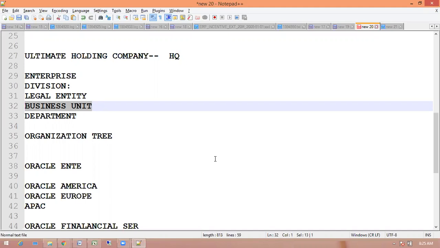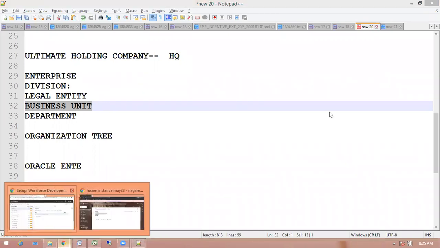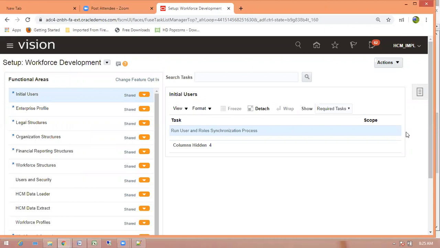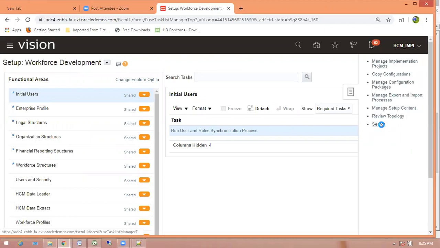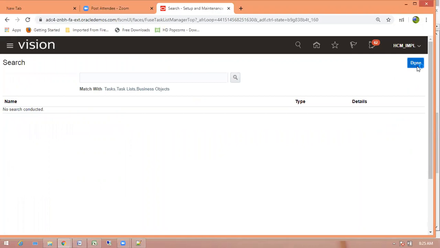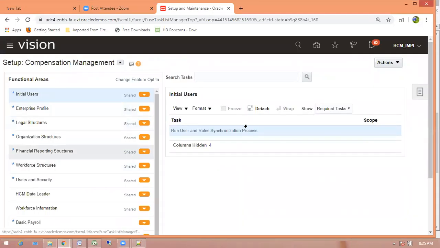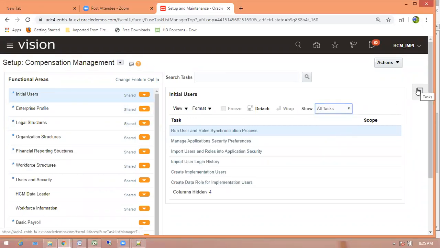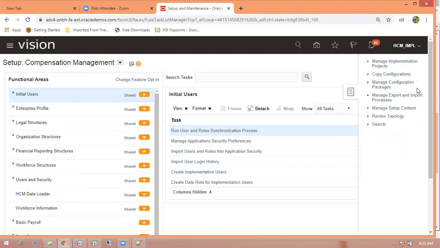And this enterprise we can configure manually. Means what you have to do, you go to Setup and Maintenance, then go to Manage Enterprise HCM Information, then you can create. Manage Geography, manage everything, you can create. Or you can go here and take the list of required tasks or all tasks. It will be showing all tasks. But creating people usually will load it. If they consider this as a new setup, they will go one by one, manage geography one, next page.